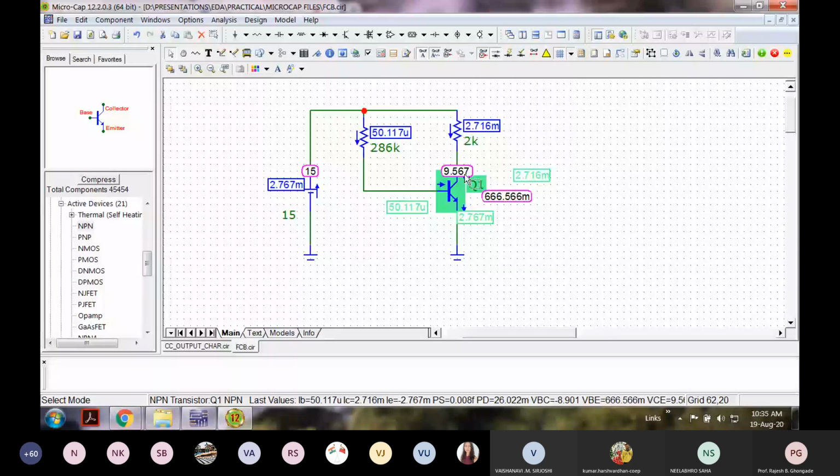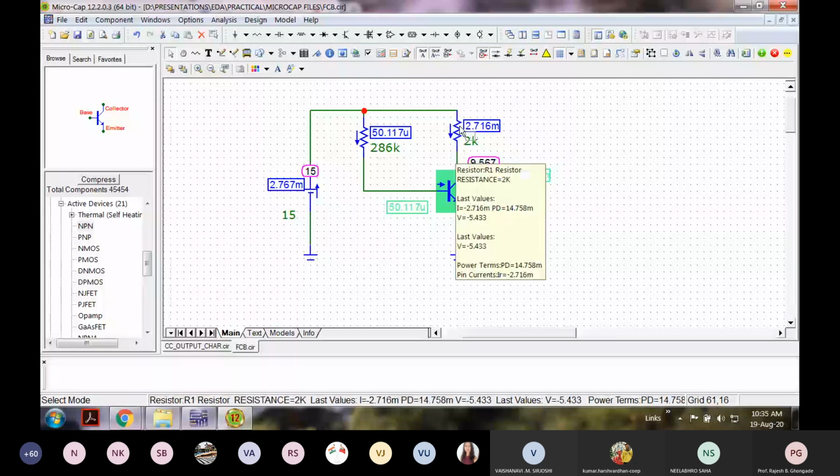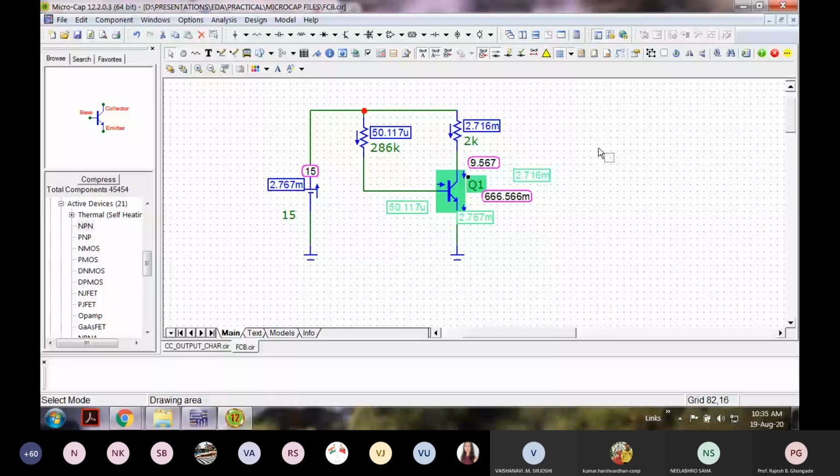So again, you can see the variation in the Q point. Please remember, this is the voltage across collector and emitter, and this is the current flowing through this resistor. So this is how you can use Microcap for simulating the same things that we have seen so far. All right, is that fine?